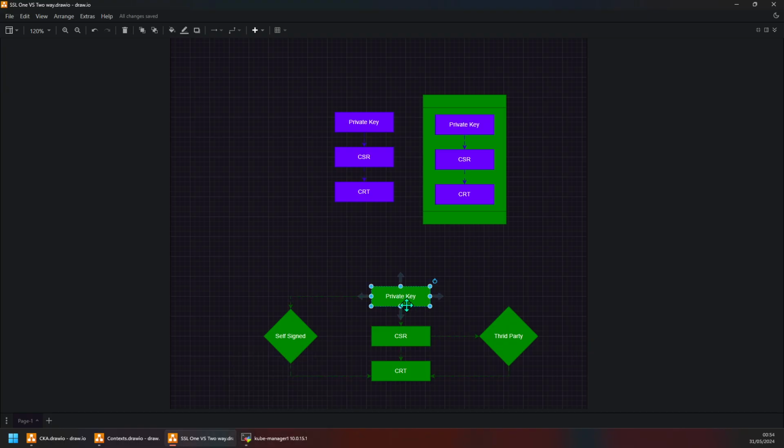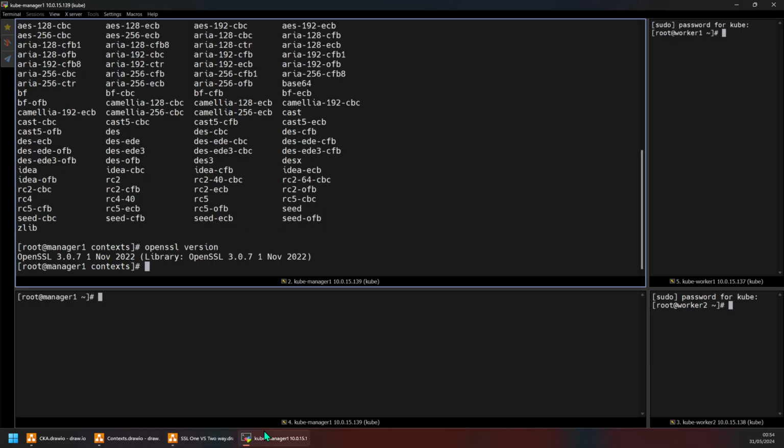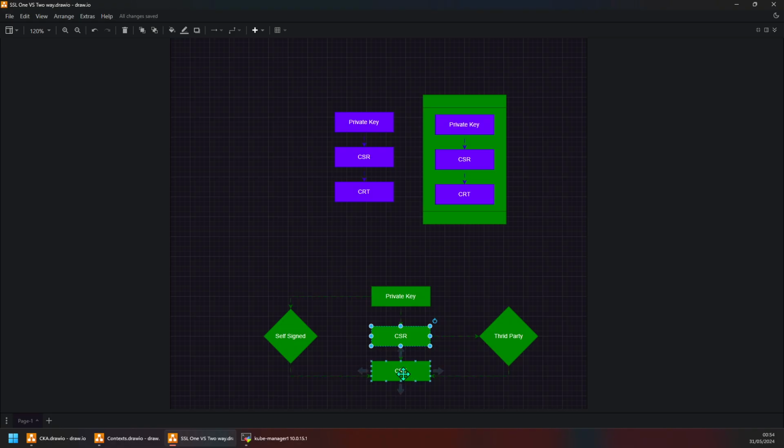So you create a private key, you create a CSR. Till now, the CA certificate is not needed. You can use a standalone command using OpenSSL to do both of these items. And then when you want a certificate, which is very important, because without a certificate you cannot integrate your application, then you need to go for a CA signed certificate. Now, where will we take the CA signed certificate from? From your Kubernetes PKI folder. I will show you that. But this is the